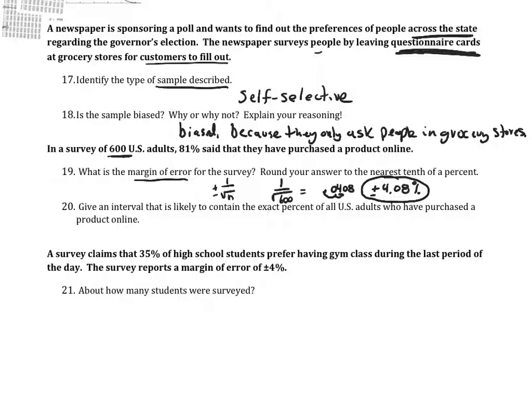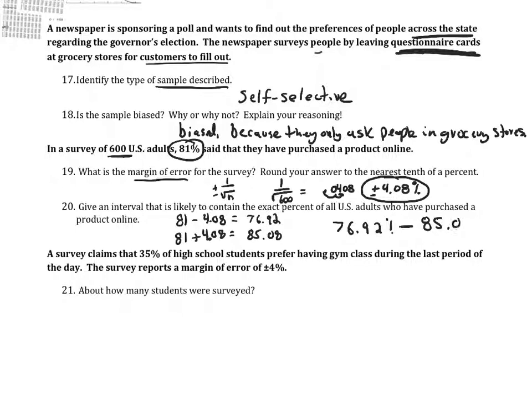Number 20, give an interval that is likely to contain the exact percent of U.S. adults who have purchased a product online. So we're going to go back up to the question here and use our 81%. We're going to do 81 minus 4.08, which we had as the answer to the question above, and 81 plus 4.08. So on the bottom we get 76.92. And on the top, we get 85.08. And we just write it as an interval by doing the smallest number first, 76.92%. And we put a dash, and then we write